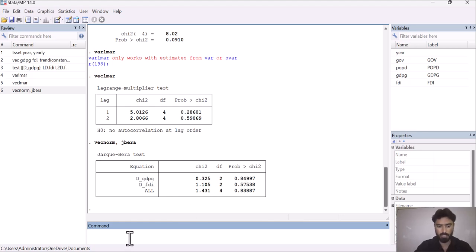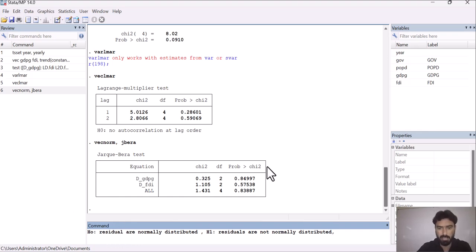So what are H0 and H1? H0 is that residuals are normally distributed, and H1 is that residuals are not normally distributed. So what is the guideline?